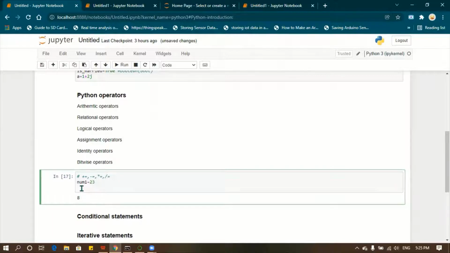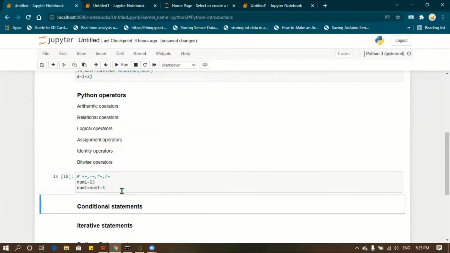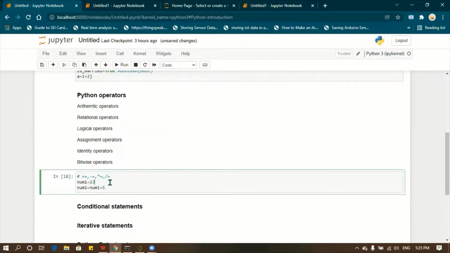So what I can do is, number 1 equal to number 1 plus 5. Here 23 plus 5 will be 28, and it will be stored in the variable number 1. Okay, shift enter, it will be running.